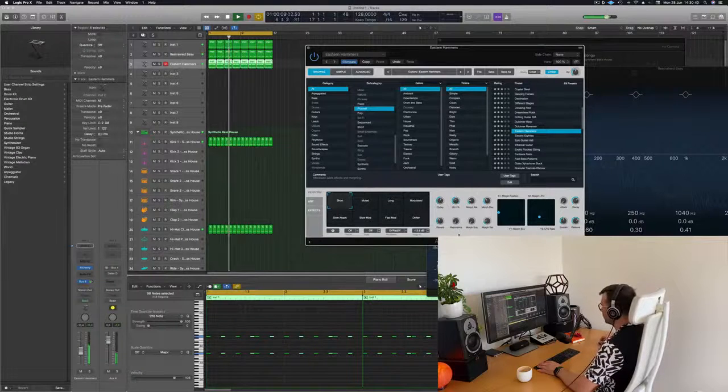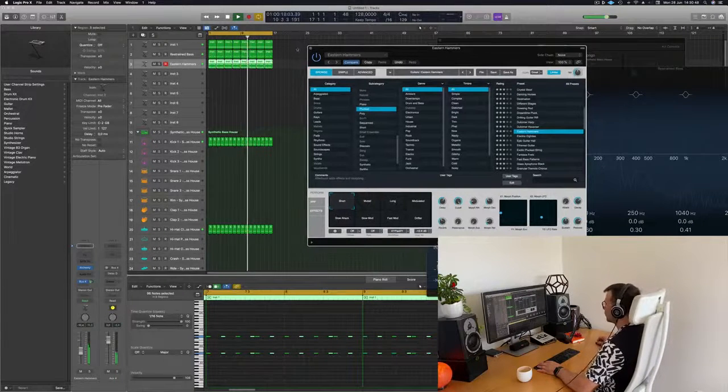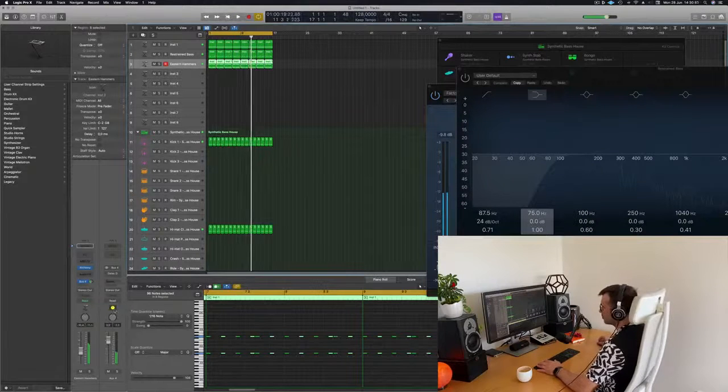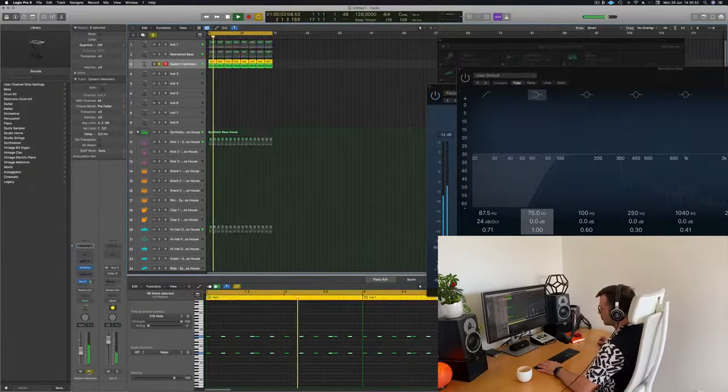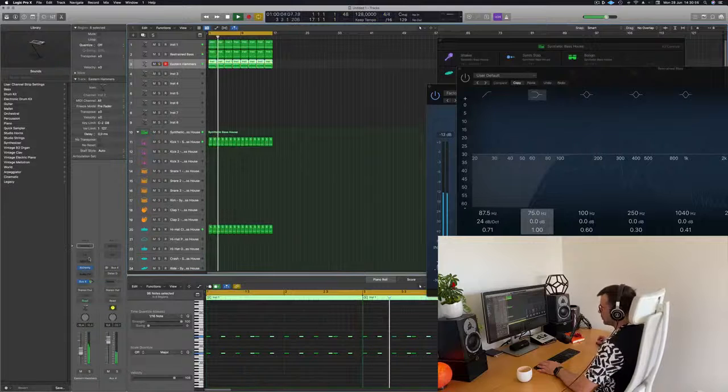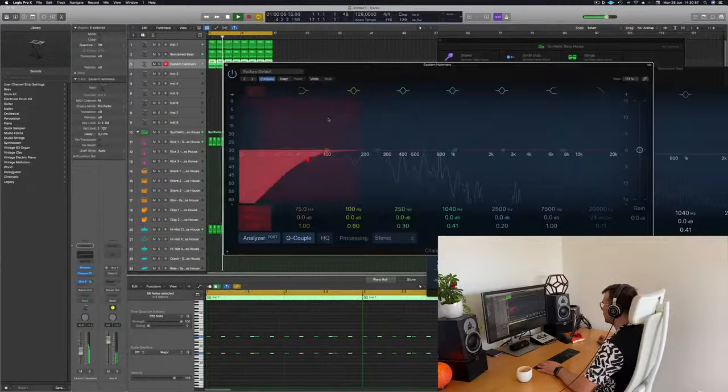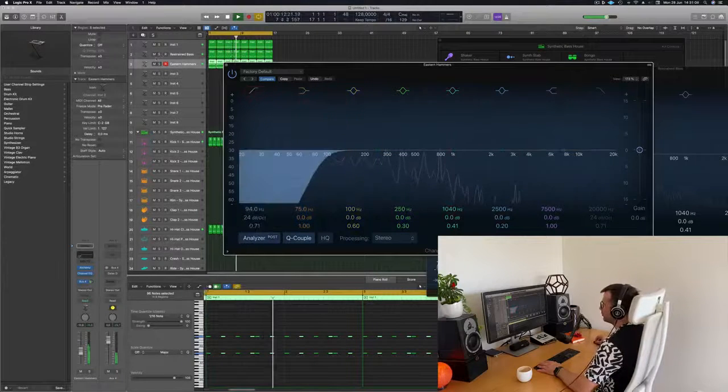And I can also cut it. No. Very nice, very interesting sound. I think there's a bit too much lows again, so I'm gonna cut everything below 100 because we have that nice bass that is there.